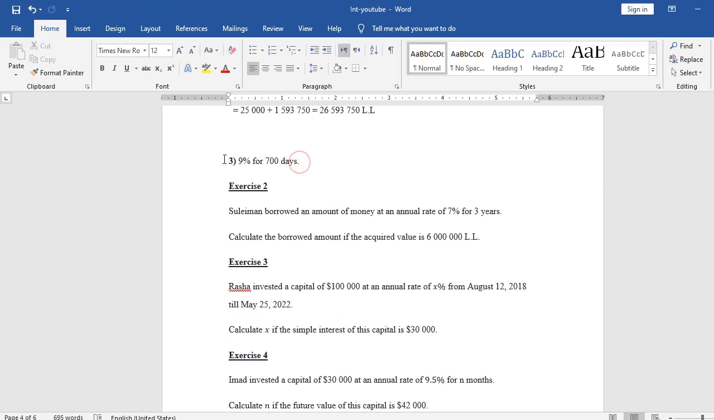The remaining part of this exercise, which is part 3 with exercise 2, 3 and 4 are homework, and you can contact me on WhatsApp to correct